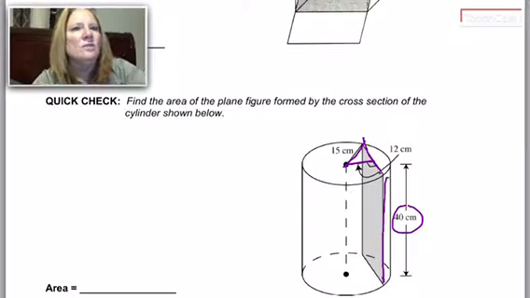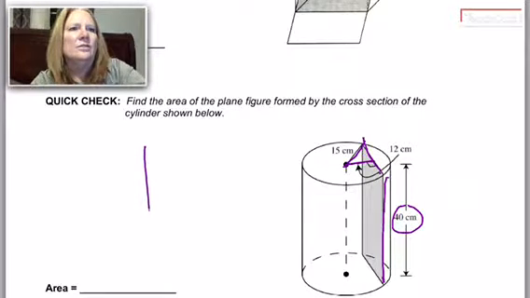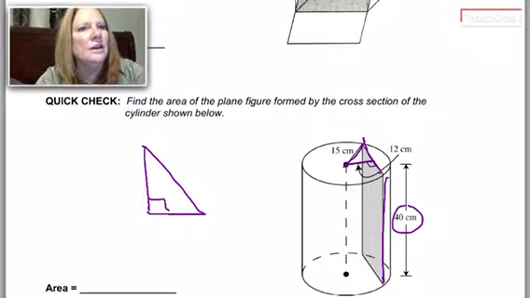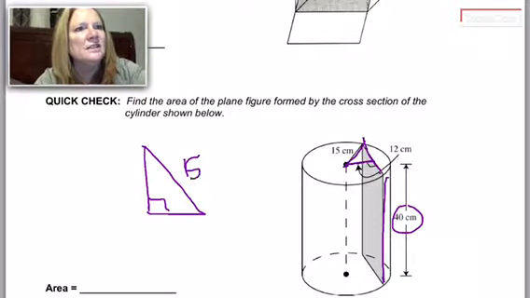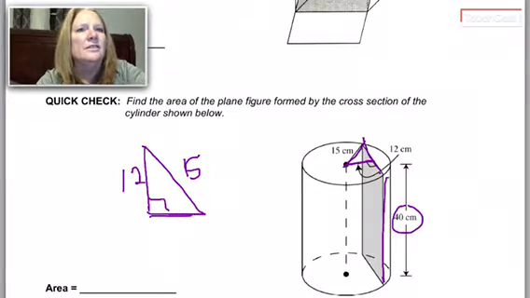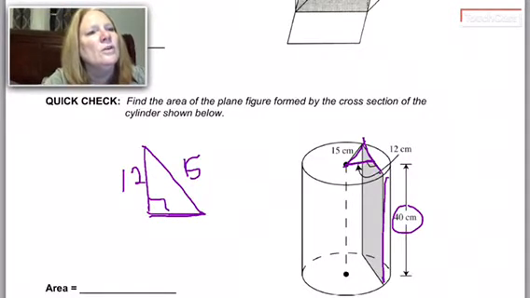Okay, so I'm going to draw that triangle. This is a right triangle. They show that this is 15, and then they show us that this right here is 12. So you just have to do the Pythagorean theorem to find this length right here, which is